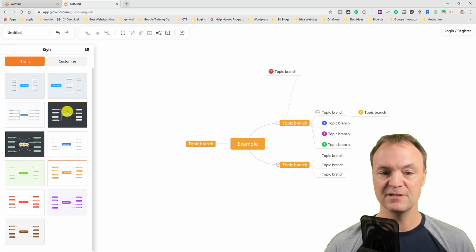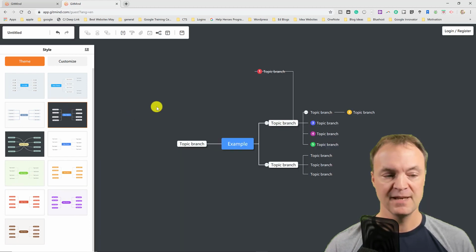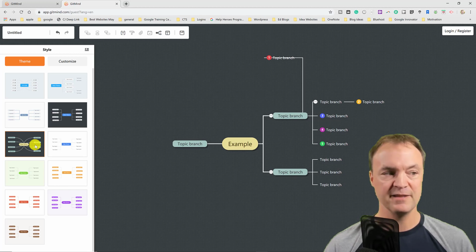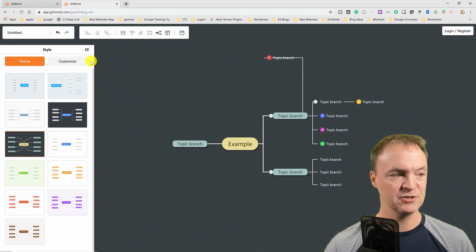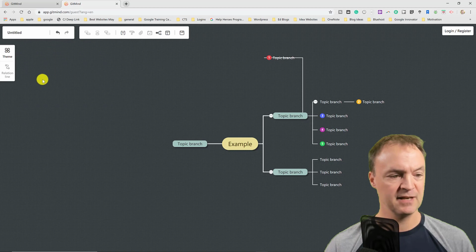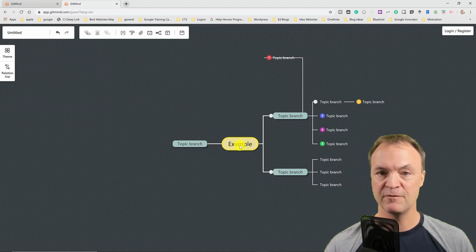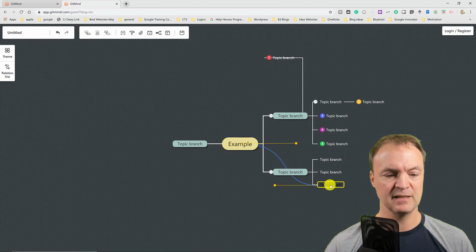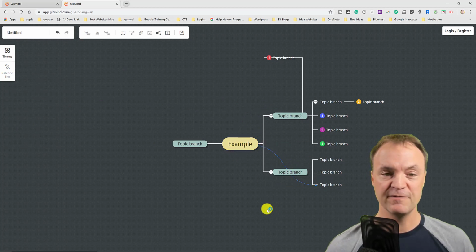I like the darker colors on some of them because it just seems to pop, but you can see you can quickly change them around and get something you like on there. You can also draw some relations here. So if I click on one of these, then go to the relation line, I can make a relation to one of these and I can click and join it like so. So very easy to manipulate to get all your ideas on there.